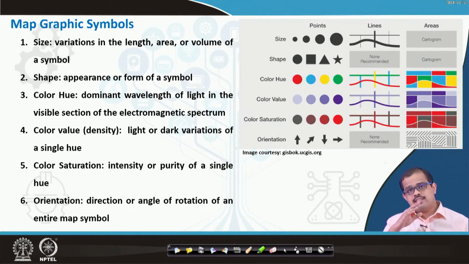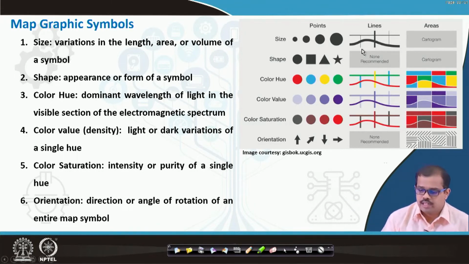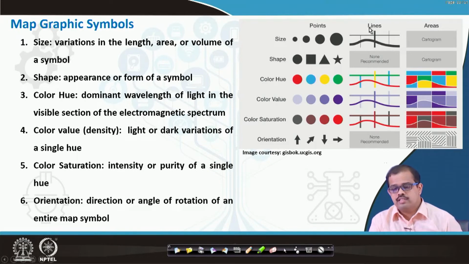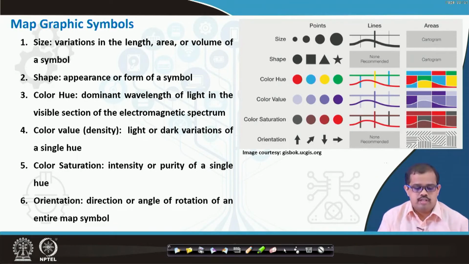You will see very good graphics showing which area has huge urban growth and which has the least urban growth. The graphics will give you an estimation of where the urban growth is happening and where it is not happening. This is in terms of points, this is in terms of lines, and as far as areas are concerned, it is normally not recommended.